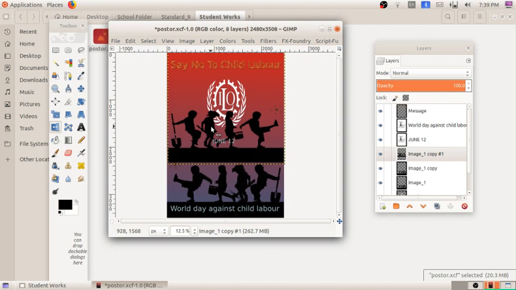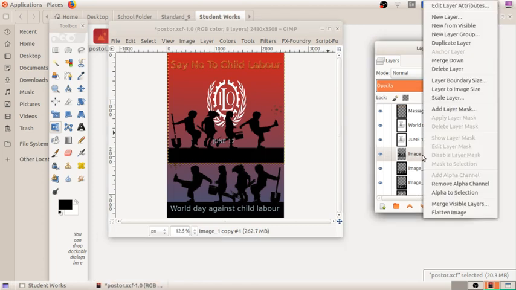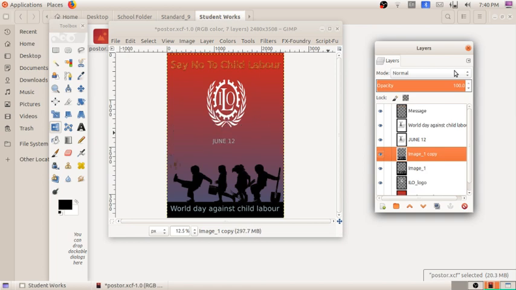So I want to delete the layer. How can I delete the layer? You can see the image one copy is formed here. If we take the duplicate, you can see a new layer of the image one is formed here. Actually two copies are formed, by mistake. So we can delete each copy. How can we delete? Right click on that, delete layer.